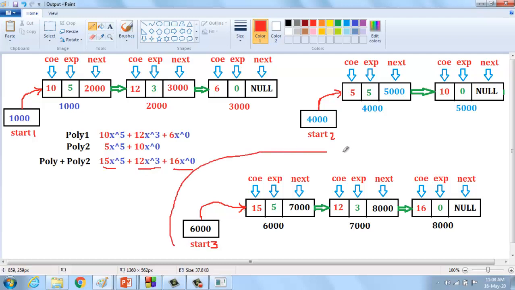Okay, and finally getting output like this, that is start3, first coefficient is 15 and the exponent is 5 plus, okay, here there is a term that does not satisfy any values, 12x power 3 plus, and then 10x power 0, okay, like that I am getting an output. Alright, so thank you for watching this video.